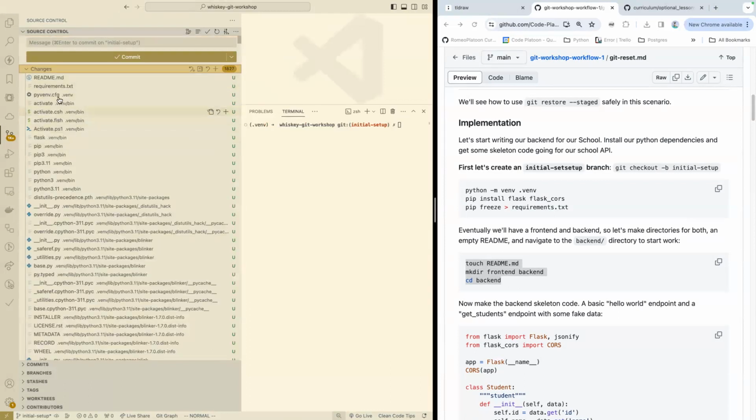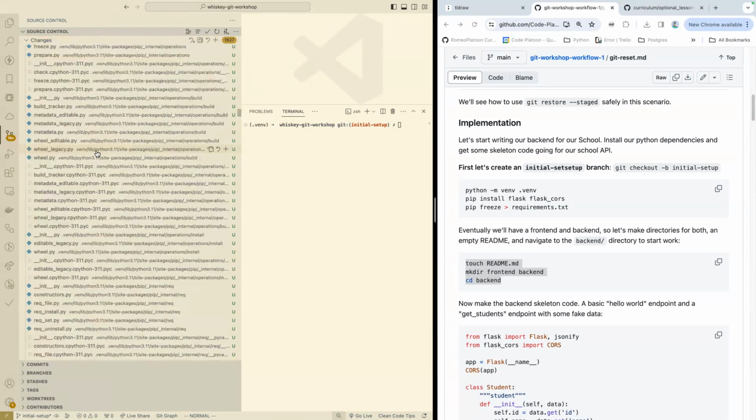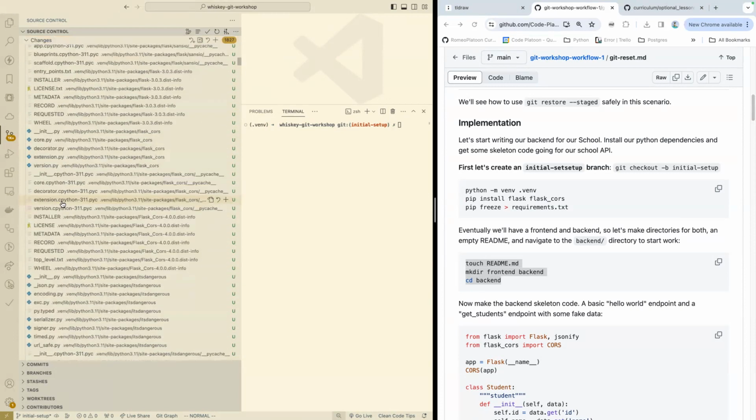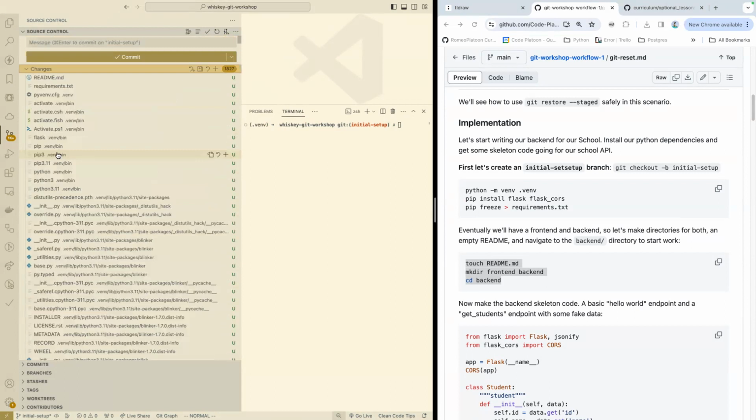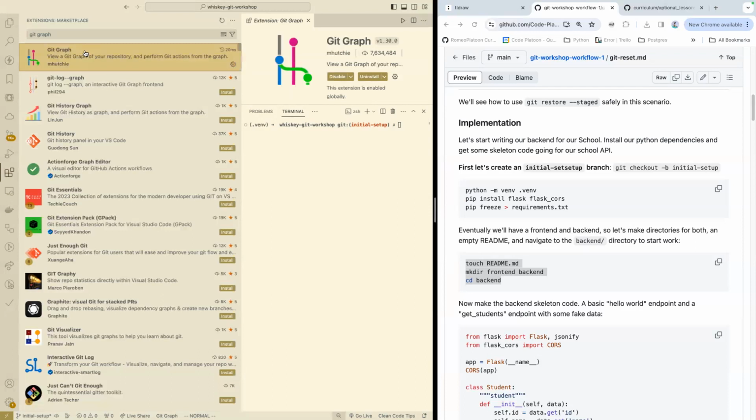And if I look in here, I see under this changes column, there's all the files that I added. Every single file, including the virtual environment directory. And we're not going to add a .gitignore because we're going to add this by mistake on purpose. And then there's this big Commit button here that's waiting for me. There's some options here that we'll get into later. And if I go ahead and open up Git Graph, which I'm going to do just by,